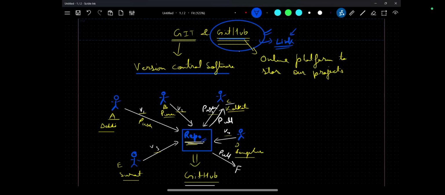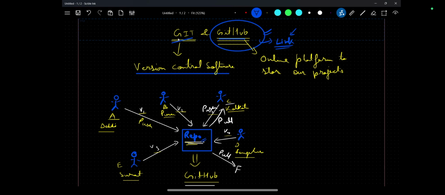So one by one we'll do one thing. First of all, I'll tell you how you're going to install Git. For GitHub, you can do both. You can install the GitHub desktop application, or else simply go on github.com and register yourself with your Google account or your personal email ID. Always use a personal email ID for this because it is personal to you.